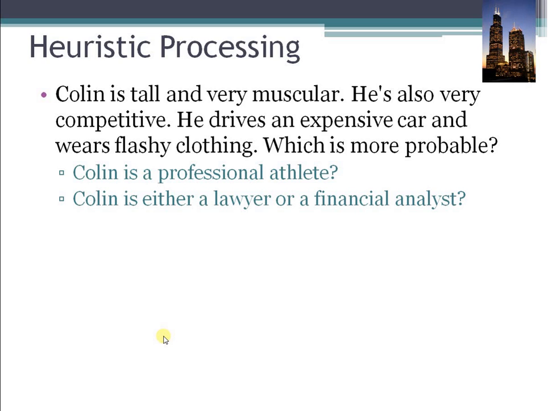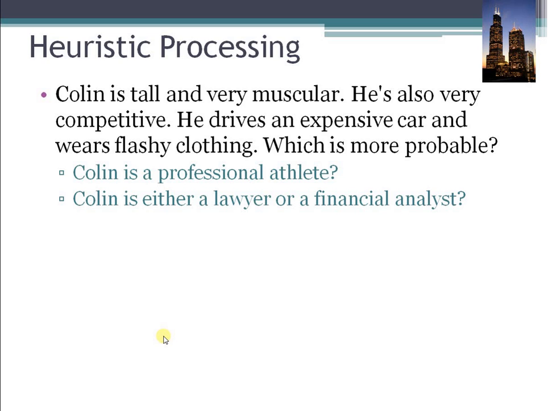But there's a problem here, right? This is the representativeness heuristic in action. We think of athletes as being muscular. We think of them as being competitive and being flashy and fancy, right? So because Colin fits our idea of what a professional athlete is, we overestimate the likelihood that he is actually an athlete. When you take and you count up the number of professional athletes in the United States, and you compare that to the number of lawyers or financial analysts,